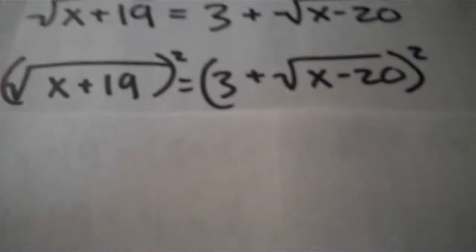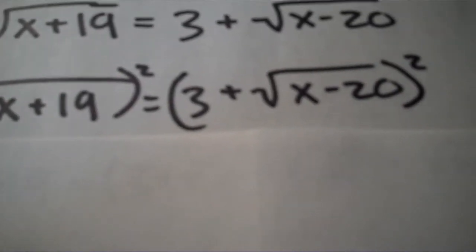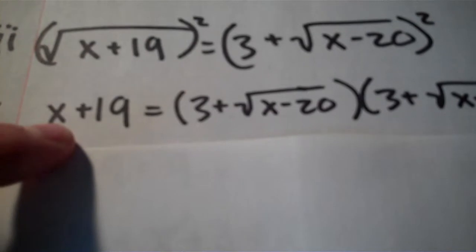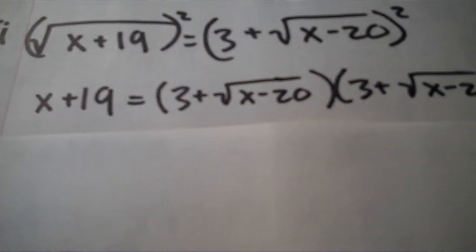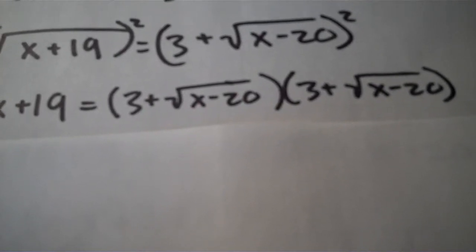So we square both sides. Tricky part right here though is we have to FOIL this instead of just putting 9 plus x minus 20. So then I wrote it out so I could FOIL it, and over here the radical just cancels out. So we get x plus 19 is equal to 3 plus root x minus 20 times 3 plus